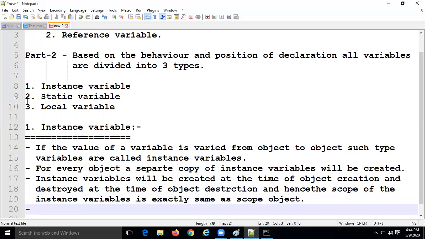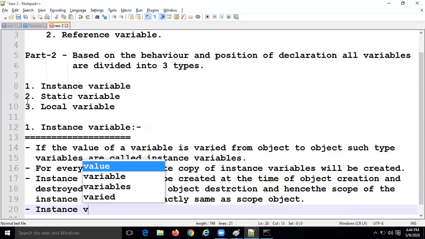Right, guys. Next one. Instance variables will be stored where? In heap or stack memory. There are two types of memories, and a third one also, the method area, which is a different one; I will tell you later. Now, in heap memory and stack memory, the object is always stored in the heap memory, but not in the stack memory.